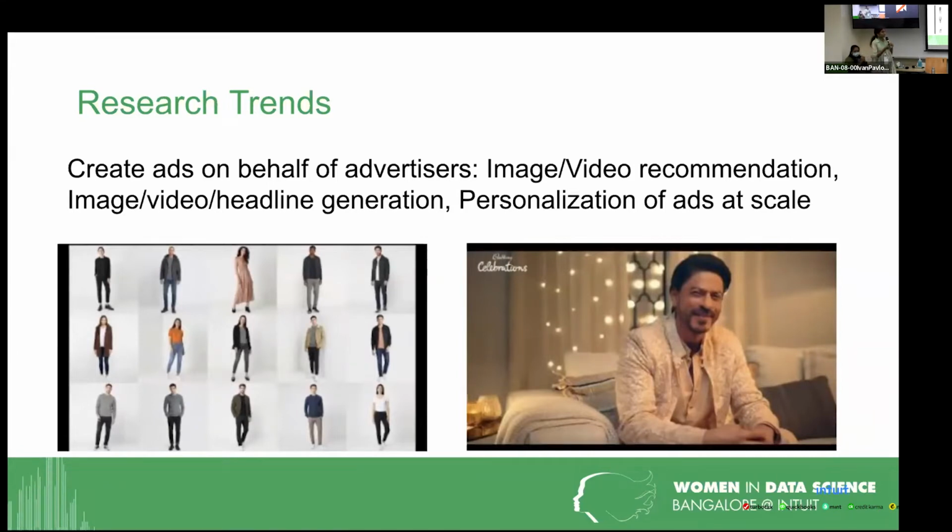And how it happens is, behind the scenes there is an AI solution which changes the pronunciation of the word by Shah Rukh Khan as he speaks about these different places, so that it still looks as if he's speaking these new locations. Similarly, you would see in the e-commerce space that you no longer need actual models to shoot your apparel, but you can create the models as well as put an apparel on them and showcase all your apparels on the e-commerce sites without even having to enter a studio anytime. So this is another recent trend you would see.